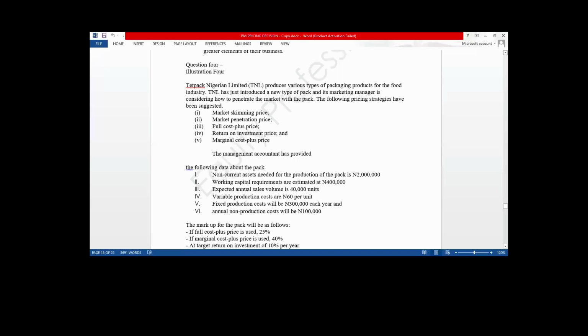Okay. Market skimming. Who is speaking, please? Isioma. Okay. The company normally will apply market skimming when they are trying to launch their products for the first time into the market. Market skimming simply means charging high prices, which also means that they will have to spend heavily on advertising and sales promotion in order to achieve sales.